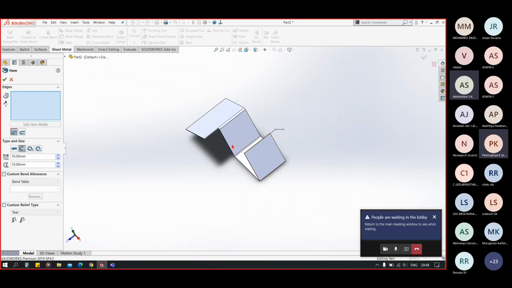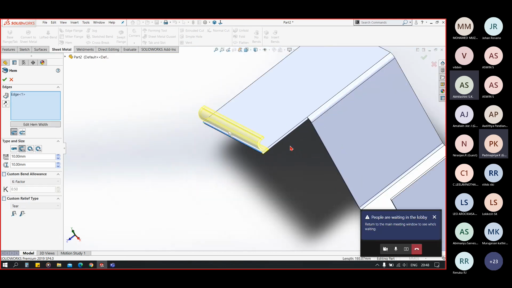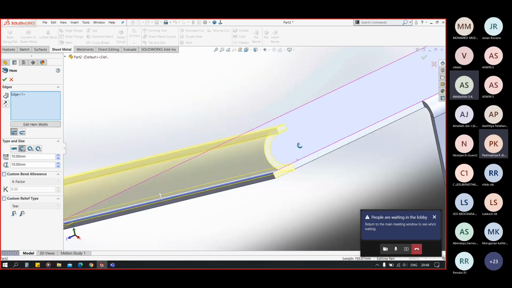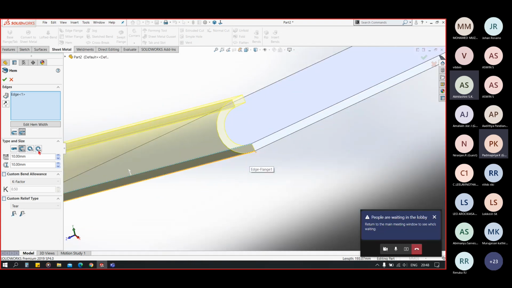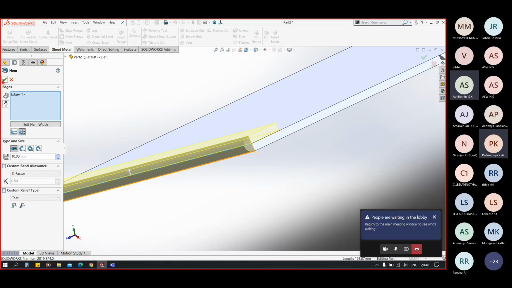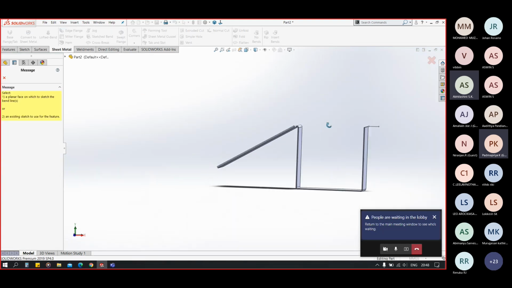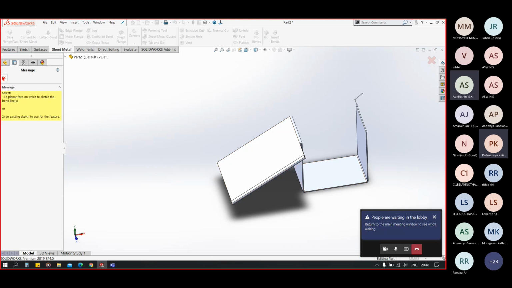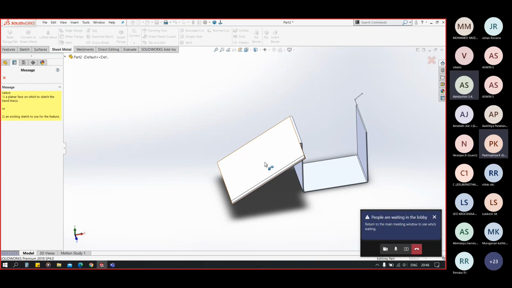So hem is like turning the edge of the flange like this to give safety to the end user. In the jog, we can draw a jogged bend using a single line to have a two-directional bend. In the sketch bend, we can have a bend using a single line.